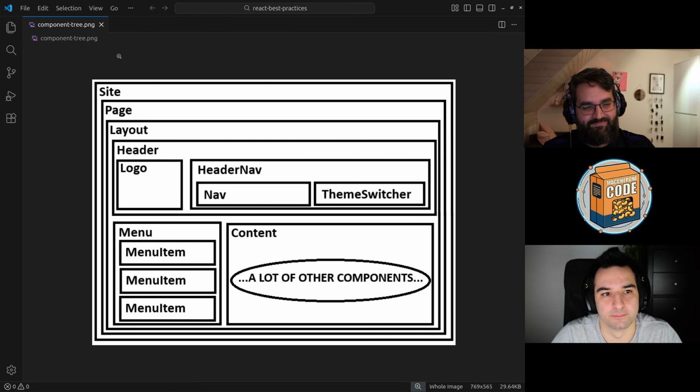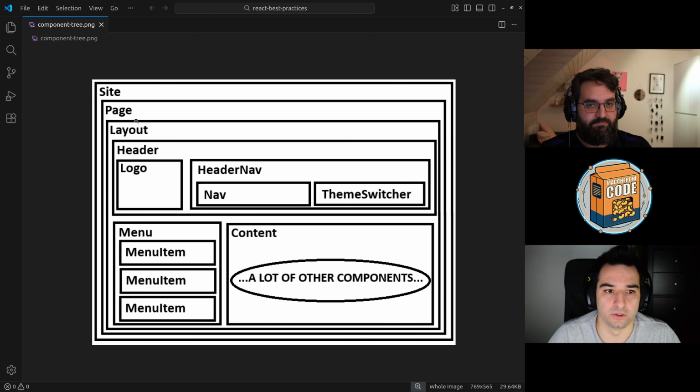this is a simple wireframe of an application and explains how components are placed inside an application. So you have a main context, for example, for a site, a context for a page, the layout of the page, probably shared with all the pages. Then you have header, logo, navigation, theme switcher, menu items, and a content with a lot of other components.